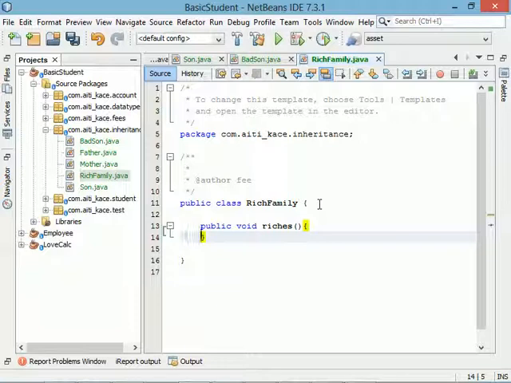Come again? I'm a family, or you are a family. There's one particular trait about us: we want to maintain our riches. And any child which is born, you have to teach him how to handle money, create money. So we have a riches method that any child of that family or any descendant of that family should implement. Once you are from that family, you must make sure you know how to find money so that the generation or the name of the family will still